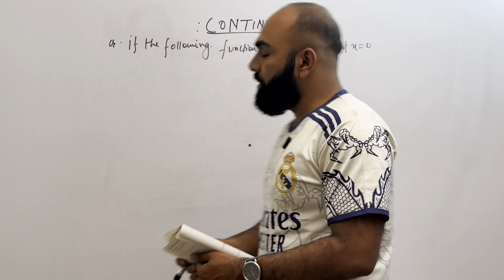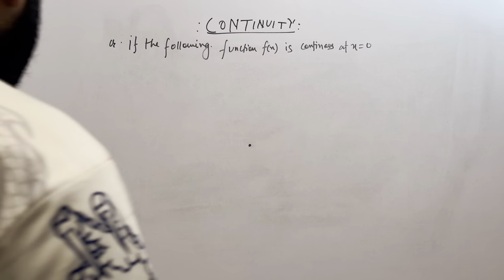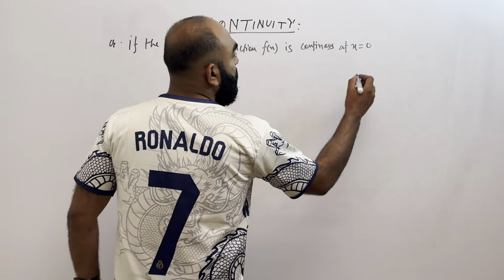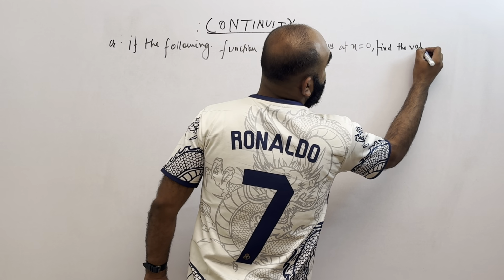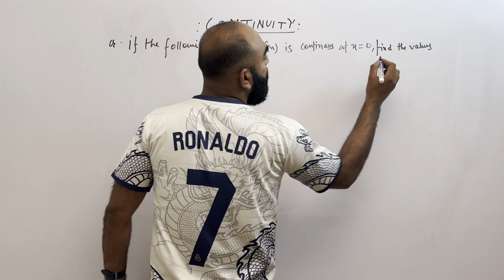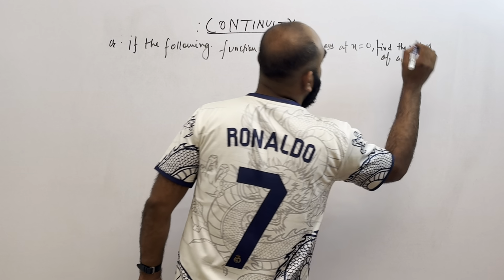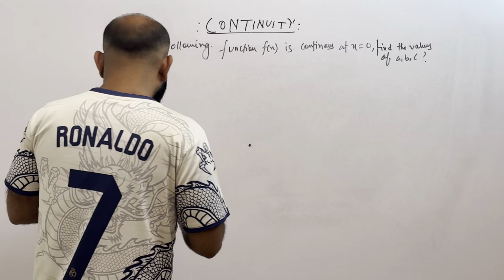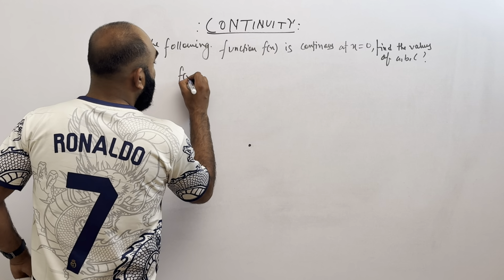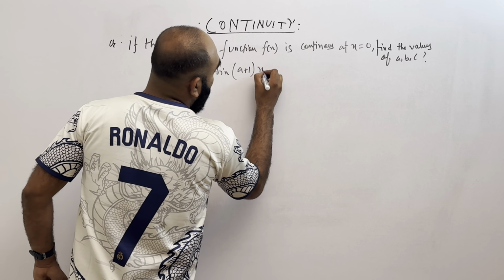If the following function f of x is continuous at x is equal to 0, find the values of some unknowns, values of a, b, c. We have to find a, b, c. Sir, what is that function? Write the function. f of x is equal to sine of (a plus 1) into x